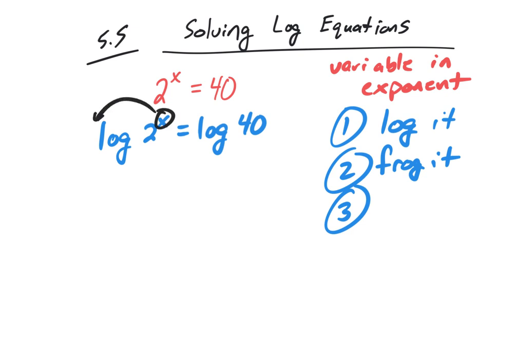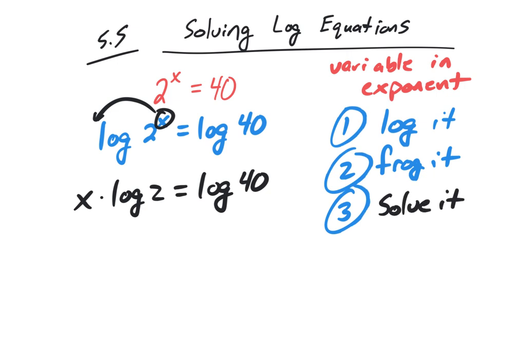The frog is going to jump over the log. So we're going to rewrite it as x times log 2. Over here, we don't have an exponent, so we're just going to leave it alone. The only thing we've done in step 2 is jump the exponent out in front. So we've got log it, frog it,